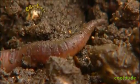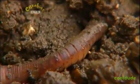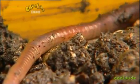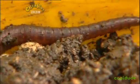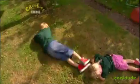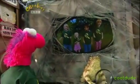You can tell which end is ahead, because they usually go head first. We need to give them some wet soil, so it's just like home for them. The biggest worms in the world live in Australia. They can grow this long. Well done! Anything else? They love our